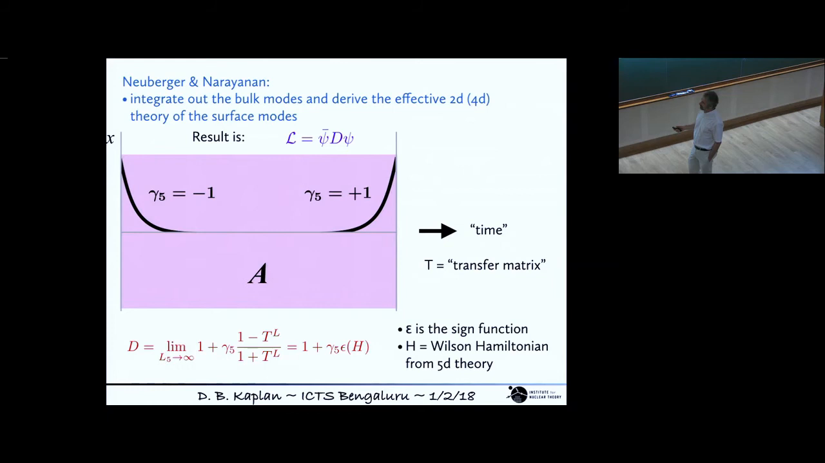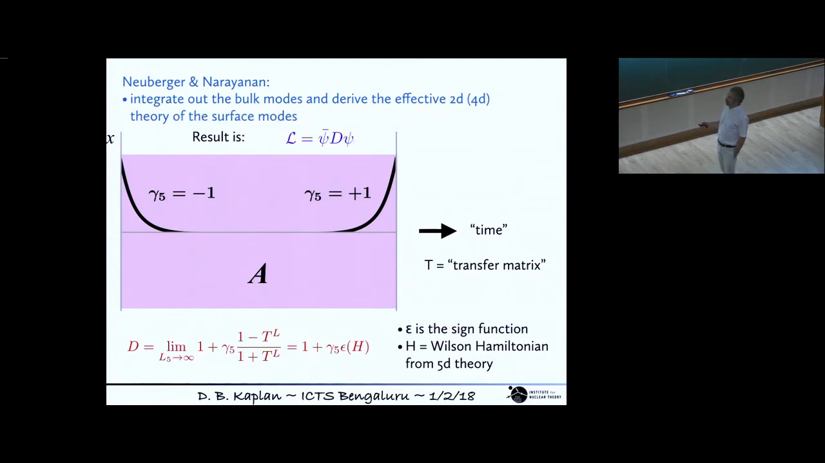So the formula that Neuberger was able to derive for a finite system was that D ended up being 1 plus gamma 5 times 1 minus the transfer matrix to the L, where L is the number of steps, divided by 1 plus T to the L. This peculiar structure comes from the fact that you have not only the bulk fermions, but also the bulk Pauli-Villars field, which comes in with the opposite sign, and that gives you this ratio. And then you take the limit that L goes to infinity, and what you find then is that